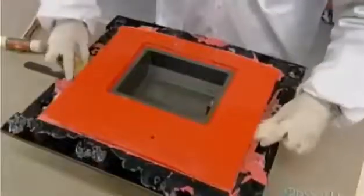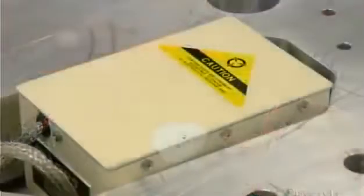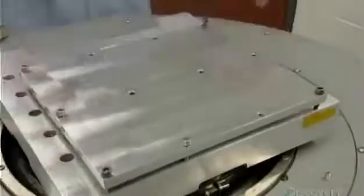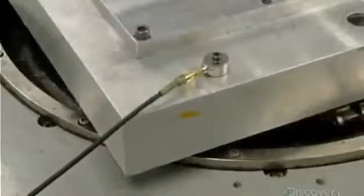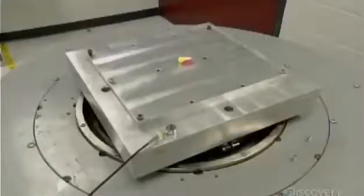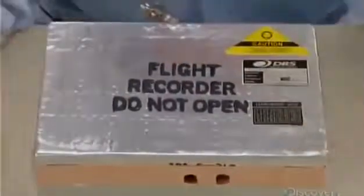Now they can install the other components, such as this memory module containing the circuit boards that record the flight data and cockpit audio. All components prior to installation undergo extensive testing to ensure they operate properly when subjected to vibration and extreme temperatures. The memory module goes into a fireproof box along with the transmitter that sends out the locating signal via the antennas,